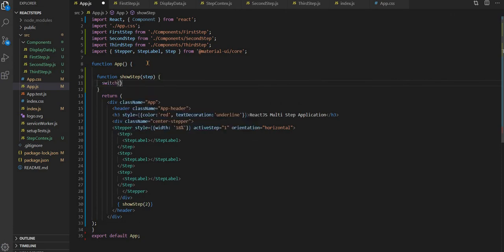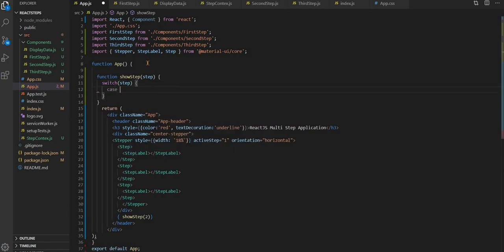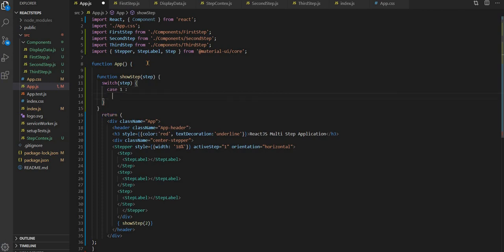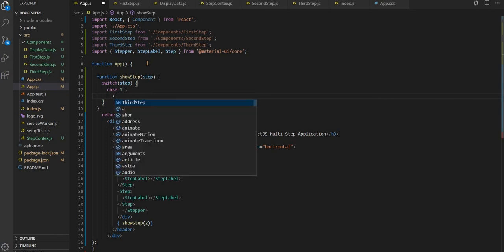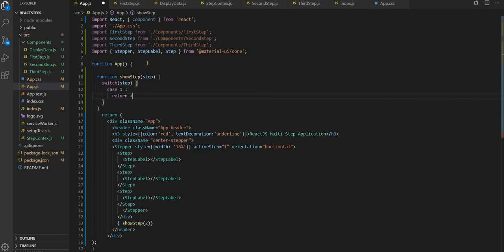So in a switch step, let's have first case. Here, if it is 1, then we have to return the first component.